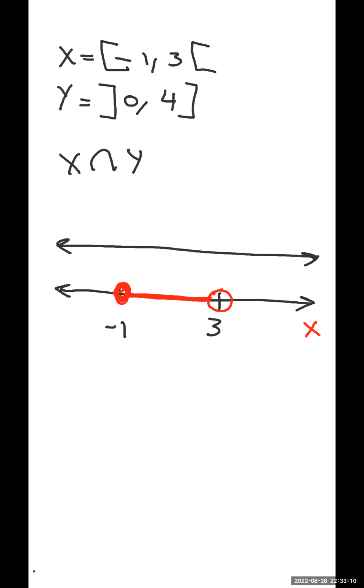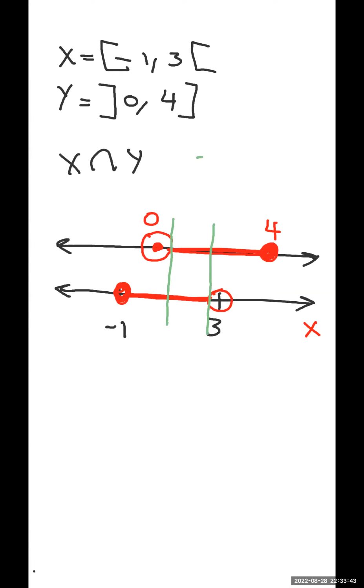Now Y. 0 is in between -1 and 3, maybe here in this place. Open. Then 4, on the right side of 3. Open or closed? Closed, so shade it. Then shade the distance between them. Now find me the intersection. This area,